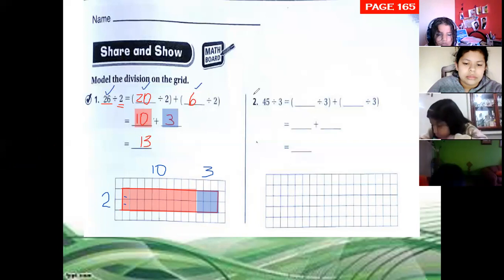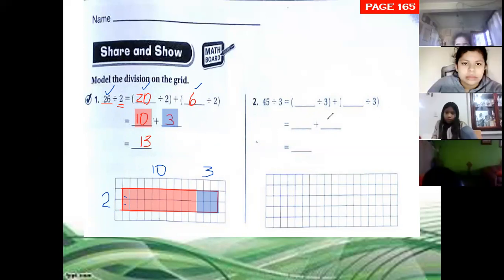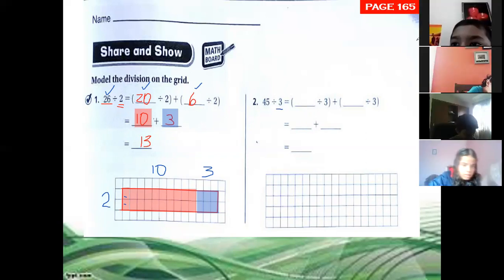Second one. 45 divided by 3. How can we divide? What is the greatest product in the table of 3? 27 is 3 times 9, right? Because we're going to work with the table of 3. Is 27 the greatest product? 30, exactly. 30 is the greatest product in the table of 3. And 45 minus 30